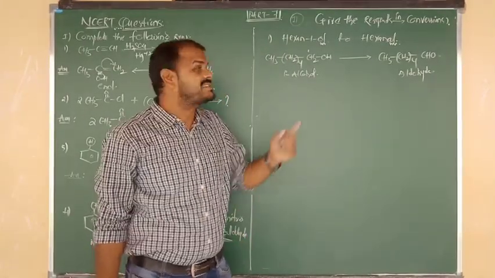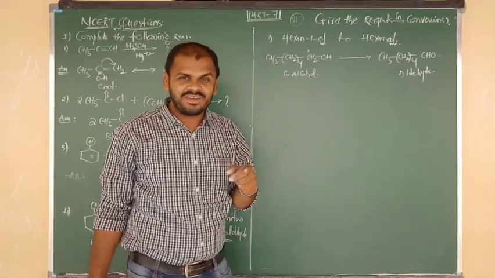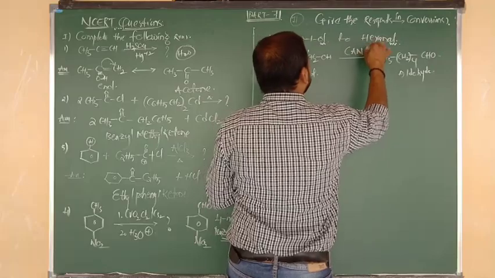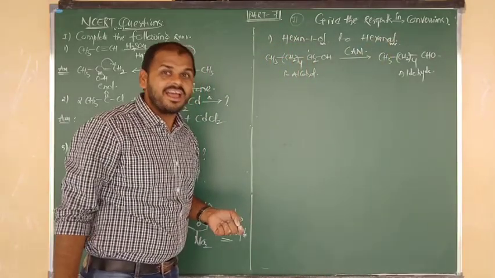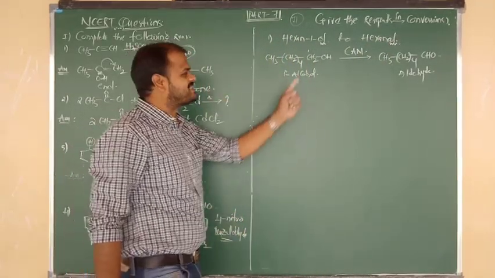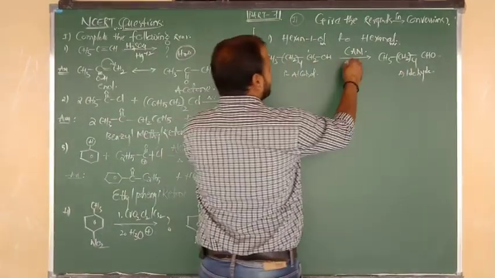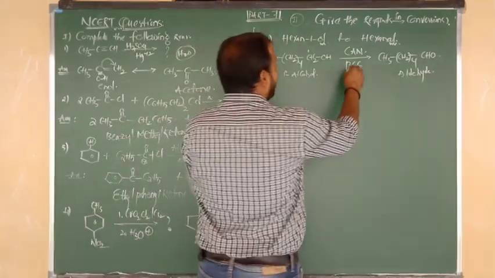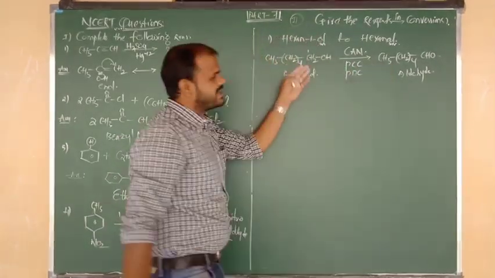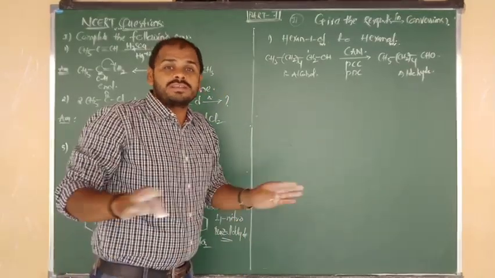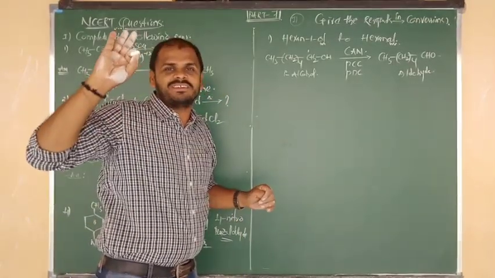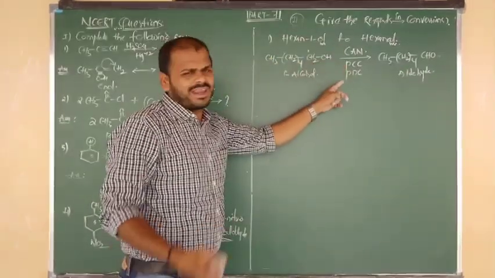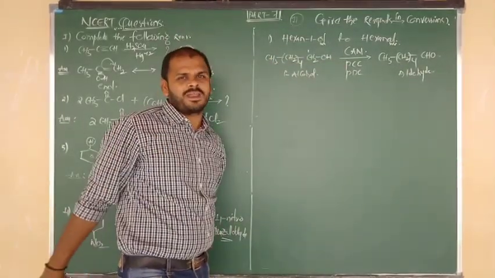So what is the reagent we require? An oxidizing agent. So what are the oxidizing agents? Okay, we can write number one answer is CAN, ceric ammonium nitrate. It can oxidize primary alcohol to aldehyde. And also we can write PCC, it can oxidize primary alcohol to aldehyde. And also PDC. Sarett's reagent, Collins reagent, and Jones reagents are there for the oxidation of primary alcohols to aldehyde. Any one reagent name you write, you will get 1 mark beta.